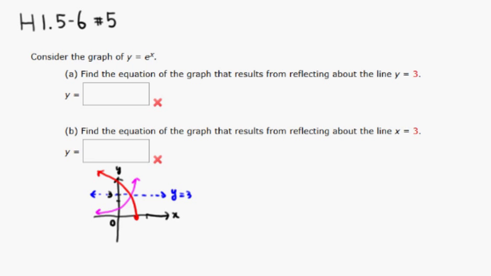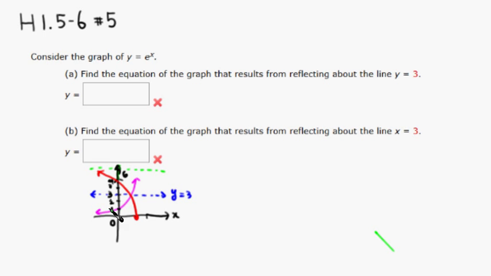Then you can see that here. So this is 1, 2. So this is going to be 3, 4. Then there's going to be an asymptote here at 6. So this is going to be at 6. But anyway, the difference looks like to go from the original e to the x curve,